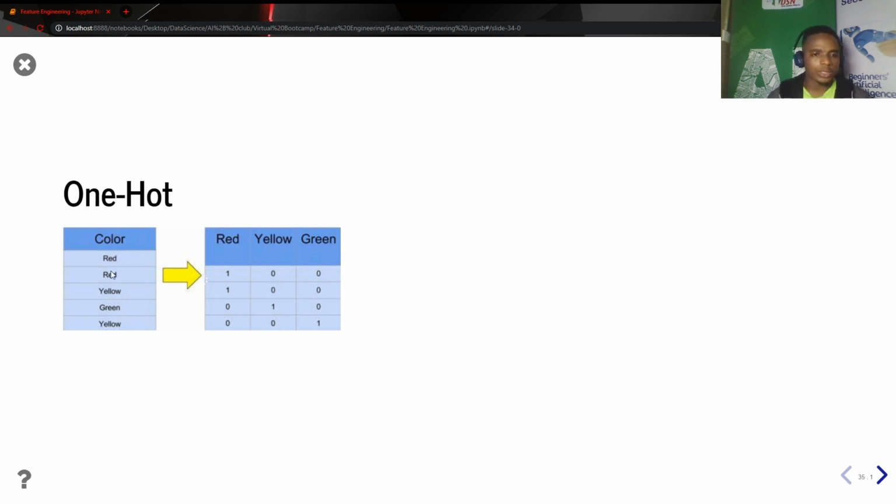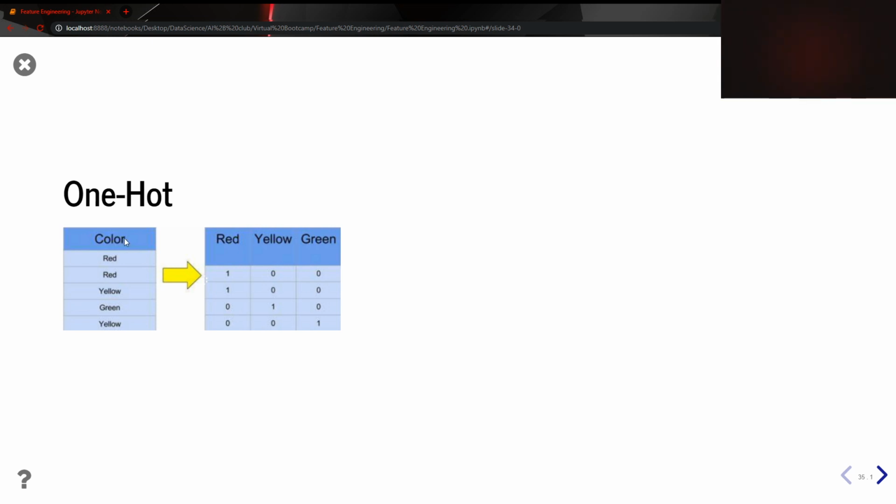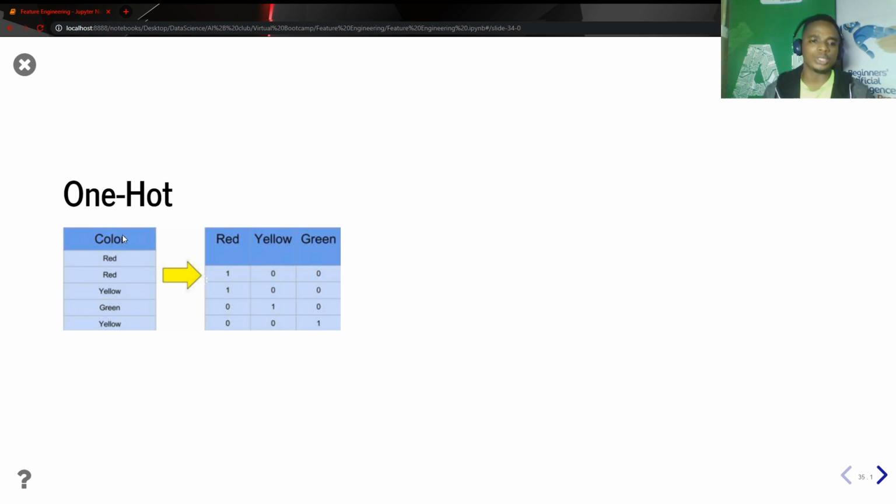For the one-hot encoding, assume this is a feature. I have my feature to be color. And for the color, I have several entries there. I have red, yellow, and green as unique entries in this feature. Now, what the one-hot encoding is trying to do is to have a numeric representation of the entries. In this sense, each of these unique entries in the feature color, which is red, yellow, and green, will become new features each,